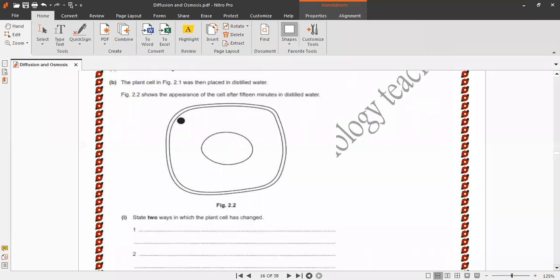Show the appearance of the cell after 15 minutes in distilled water. The plant cell has absorbed, the vacuole has absorbed a lot of water, so